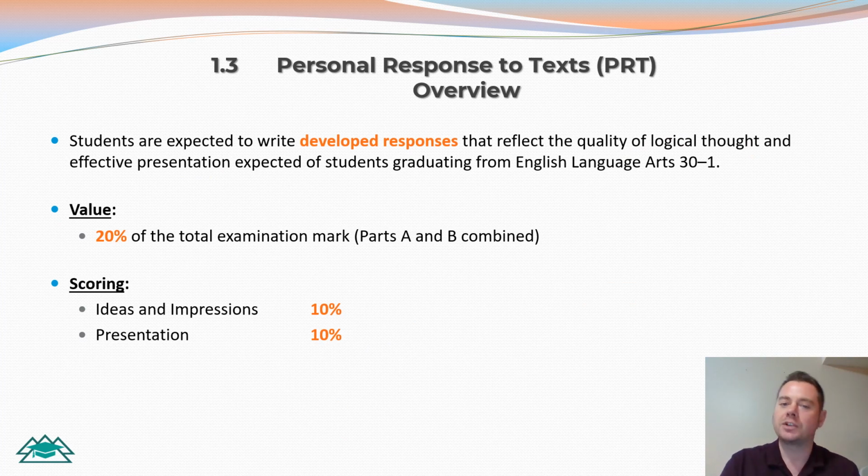Now, you're expected to write a developed response that will reflect the quality of logical thought and effective presentation that is expected of someone who is graduating from ELA 30-1. This assignment is worth 20% of the total examination mark. It's 20, the critical's 30, so that's the total of 50 for the Part A. And you are scored in 2 areas. There are ideas and impressions, and that is worth